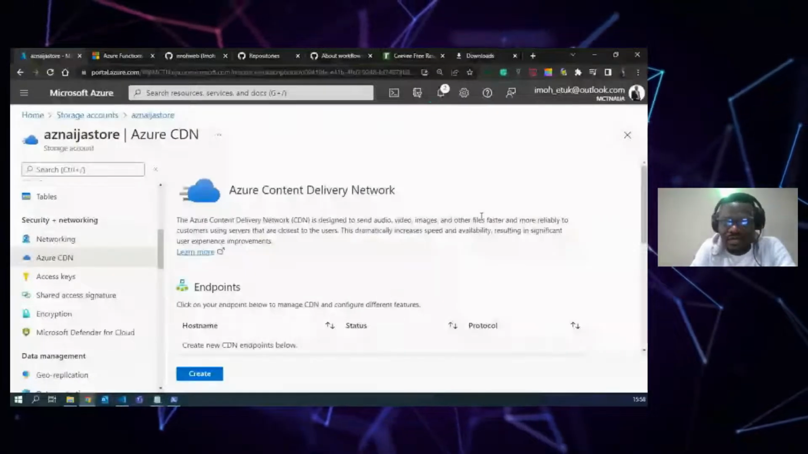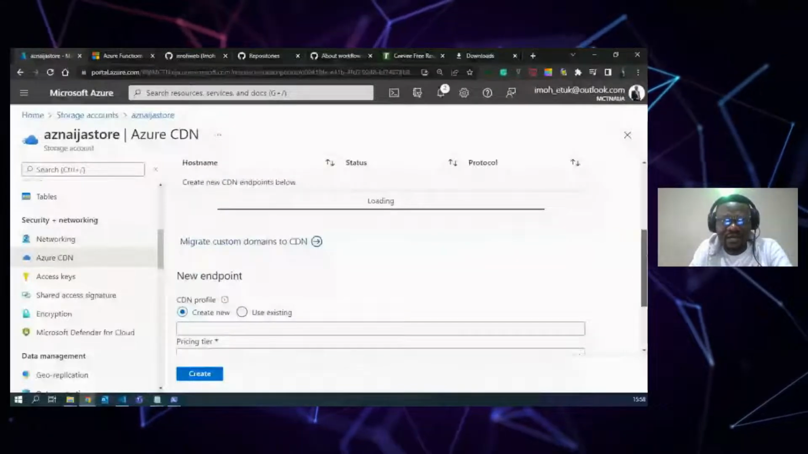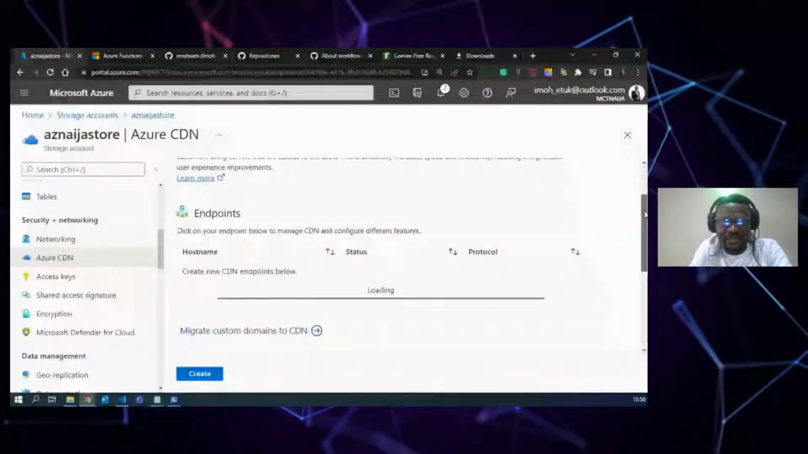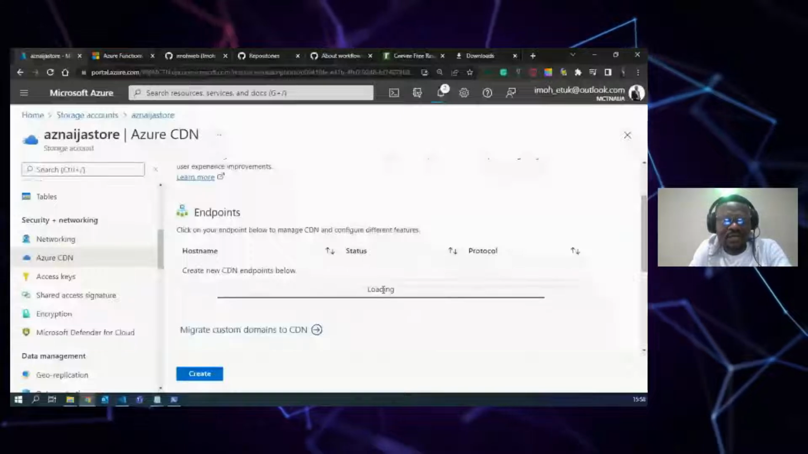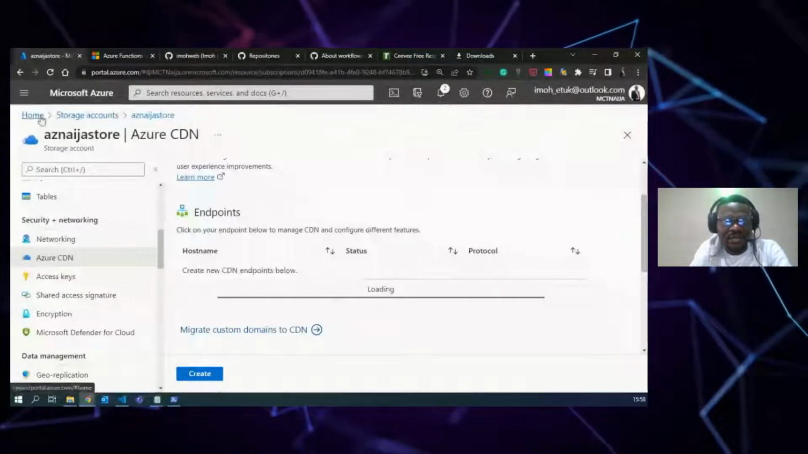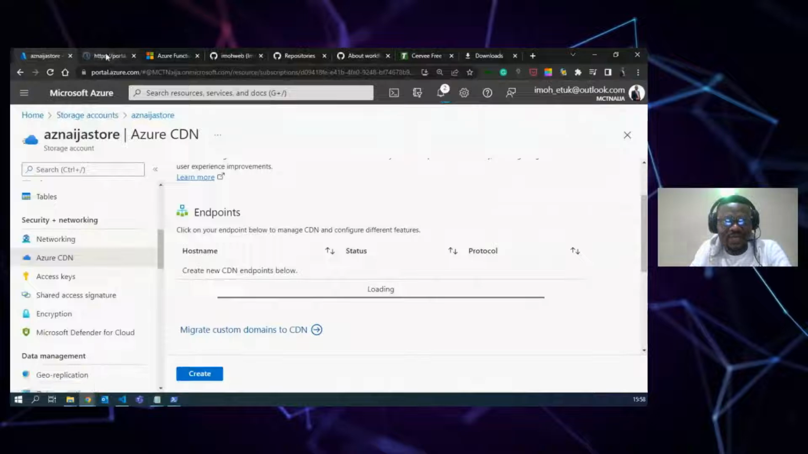Once you click the Azure CDN, the CDN profile is loading. Let's see if it will pop up here. While that is done, I'm going to open this in a new tab so we can quickly